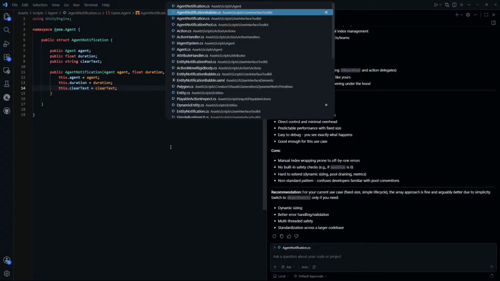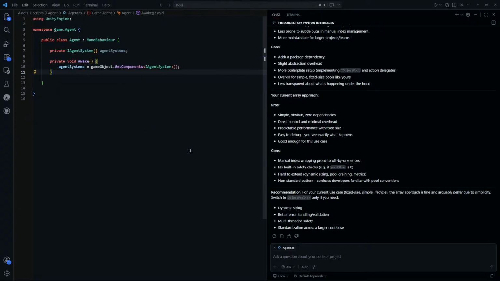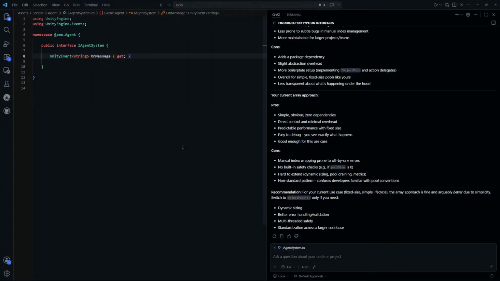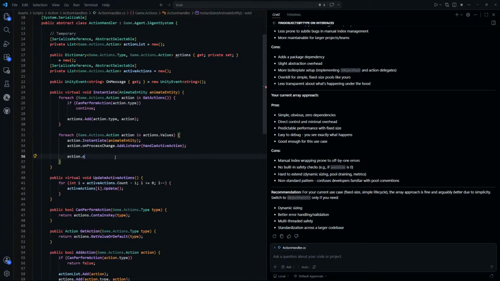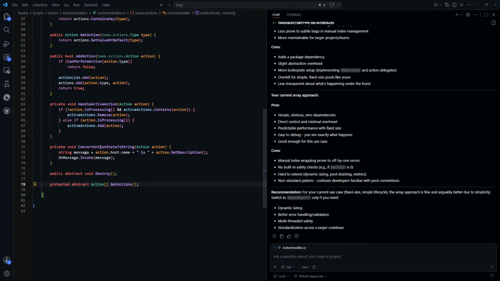And clear text for now. Okay, so the idea is that we just have an on message for now, and then in our action handler, we listen on process change, convert action state to, we're going to convert